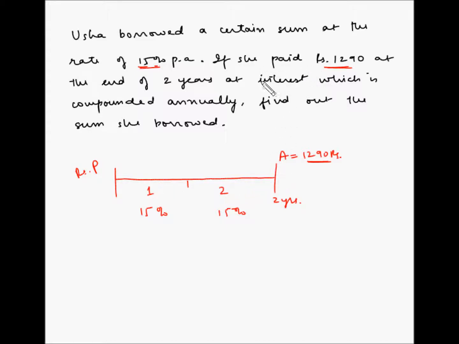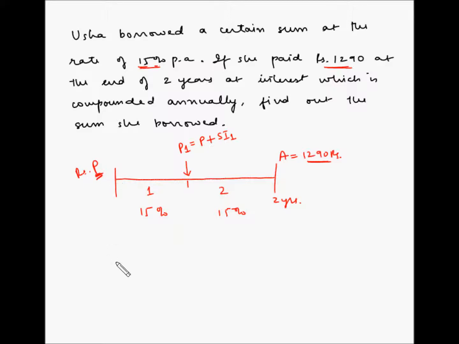Now the interest is compounded annually. So at the end of first year, the interest is calculated and then that interest is added to the original principal and that becomes the principal for the second year. So here at the beginning of second year, P1 is equal to P, which is the principal at the beginning of first year, plus the interest gained for the first year. So this will be the same as simple interest for the first year. Now with this information we have to find out the amount that she has borrowed, or the principal amount, which